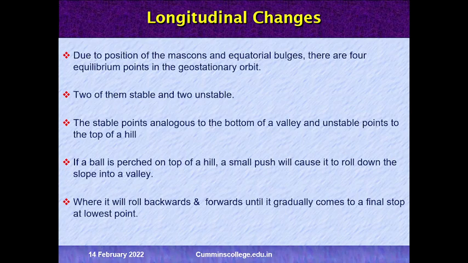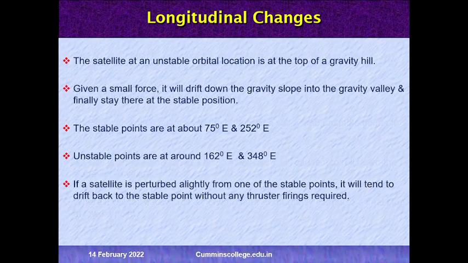The stable points are analogous to the bottom of a valley and unstable points are analogous to the top of a hill. If a ball is perched on the top of a hill, a small push will cause it to roll down the slope into a valley, where it will roll backward and forward until it gradually comes to a final stop at the lowest point. The satellite at an unstable orbit location is at the top of a gravity hill. Given a small force, it will drift down the gravity slope into a gravity valley